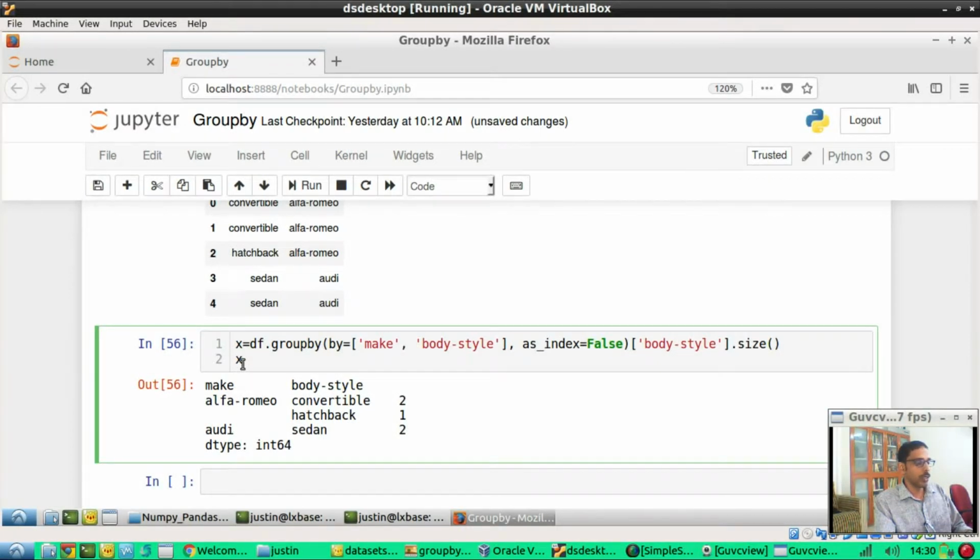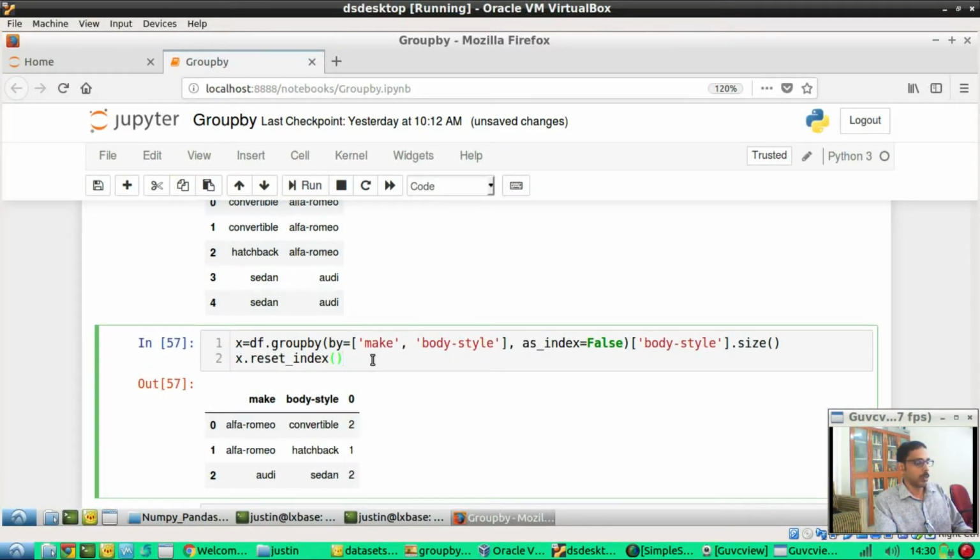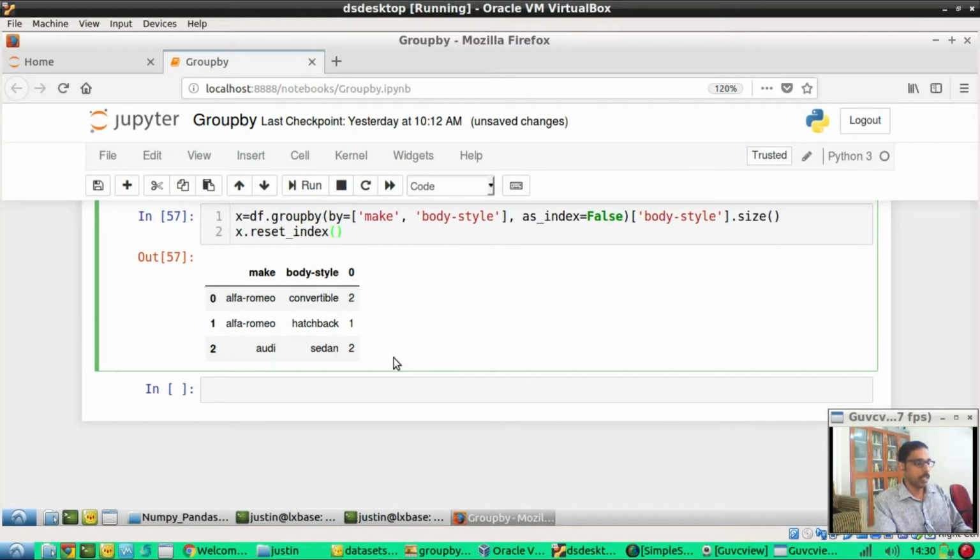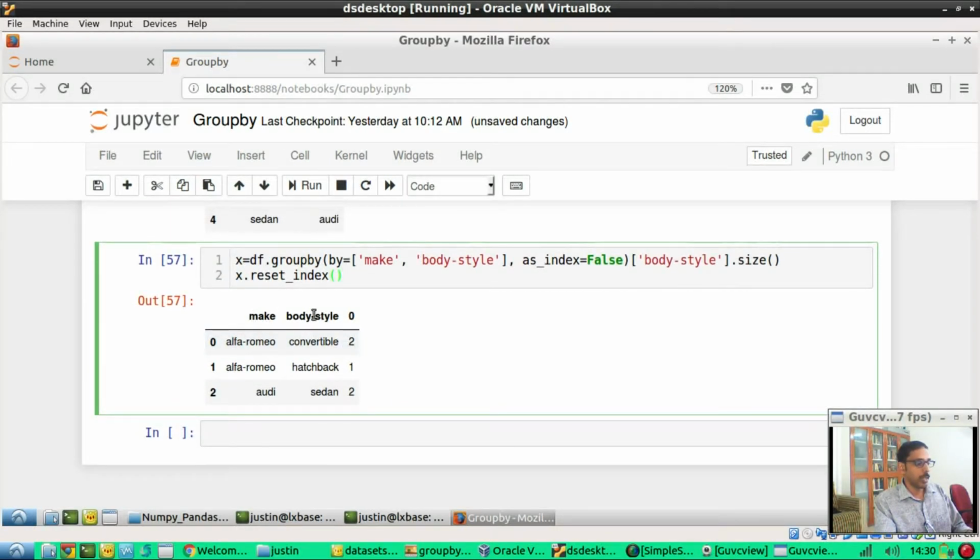Now if you want, let's try resetting the index. Okay, so now it allows us to reset the index, and make and body style have become separate columns